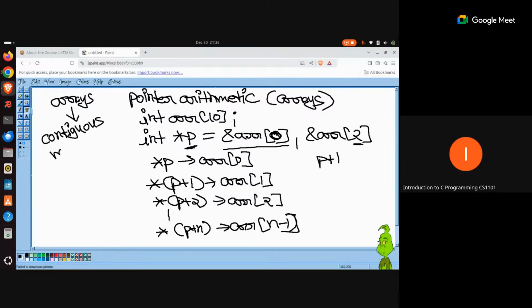Contiguous memory allocation. Does anyone know the meaning of this term? Anyone? Yes, sir, go ahead, please.